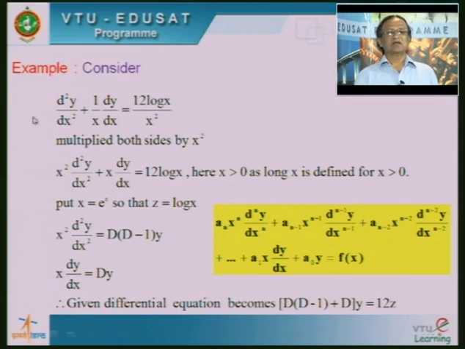It is very simple: multiply both sides by x square, then you can verify whether it becomes a Cauchy-Euler equation or not. Okay. Now, I am going to multiply this equation by x square. I obtain x square into d square y upon dx square plus x square divided by x, means x, into dy by dx, that is equal to x square into the right hand side function. The denominator containing x square, numerator x square will cancel with x square, and the remaining thing is 12 times log x. Okay.